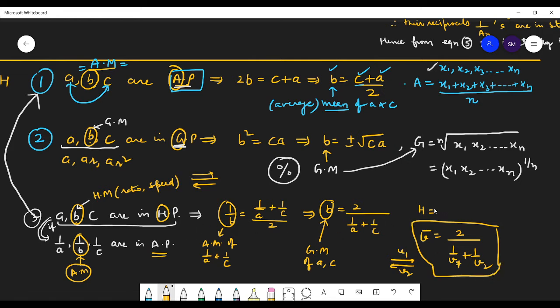Okay. So now students, what will be the formula of harmonic mean in general, if you have the numbers x1, x2, x3 up to xn? How will you write it? Over here you have written 2, because there are 2 numbers. If there are n numbers, write n divided by the sum of their reciprocals. I have taken n upside, and then the reciprocals of the numbers, and then added them up.